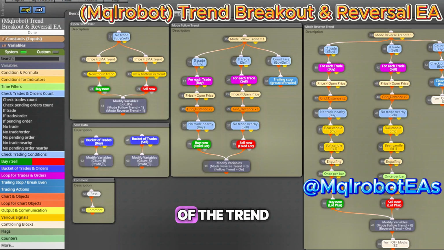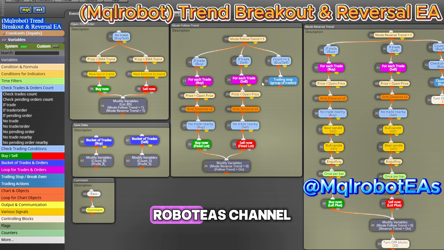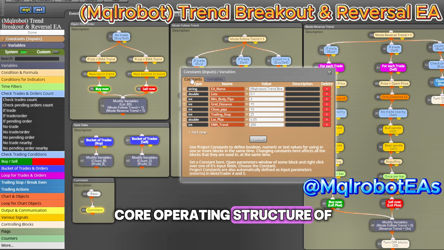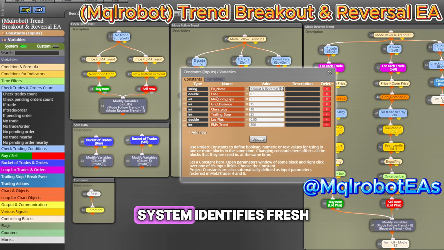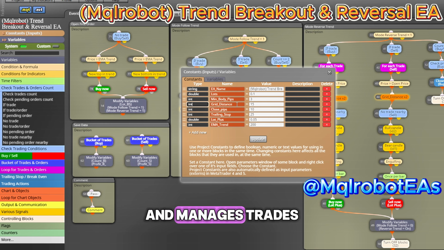Welcome to this overview of the Trend Breakout and Reversal EA, presented on the Mqlrobot EAS channel. In this video, we walk through the core operating structure of the EA as built inside FXdreema, and explain how this system identifies fresh breakout movements, detects potential reversals, and manages trades using a structured logic based on price action